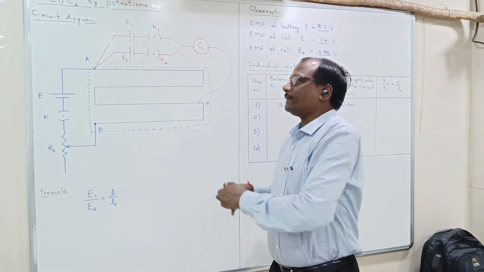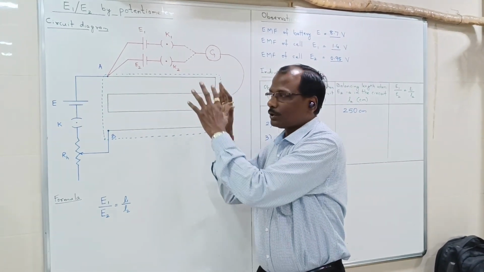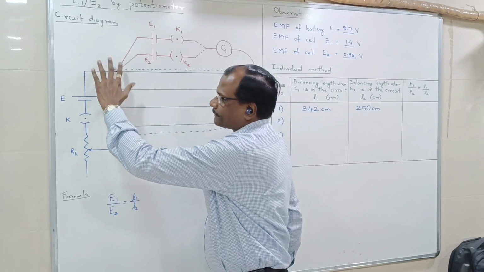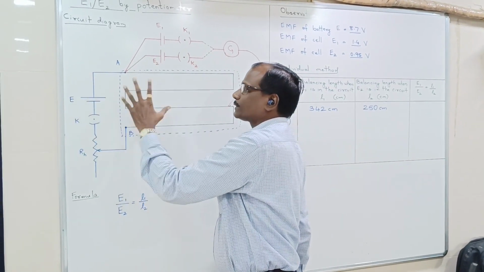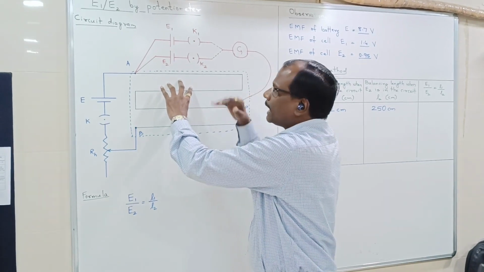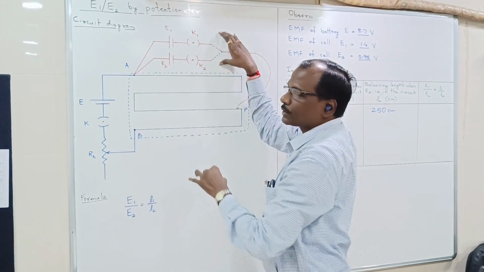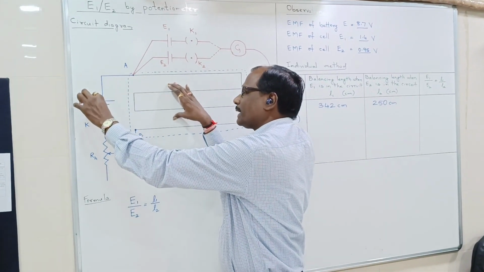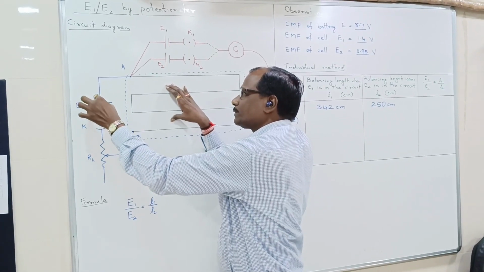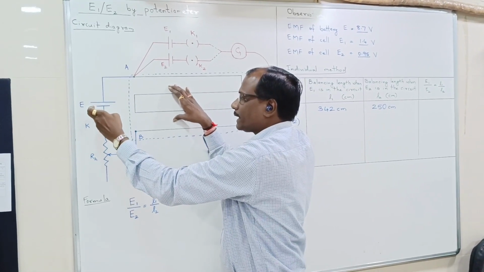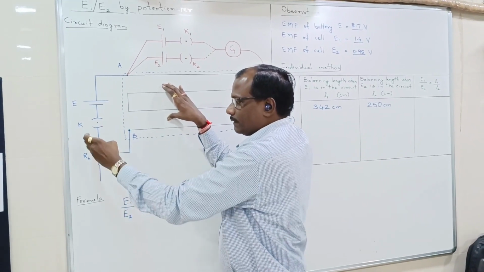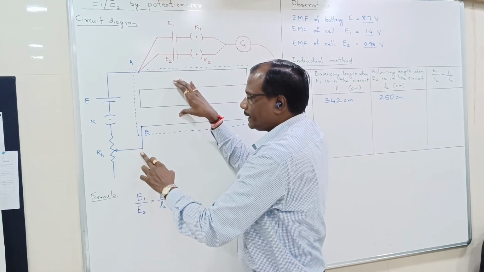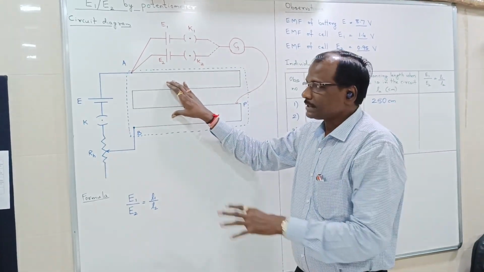Now for this experiment, for any electrical device, if you want to make it work, we have to give power to it. The left hand side part of this circuit diagram is only for the sake of providing power, and the upper part of this circuit diagram is for your comparison part. Here we connect the power supply at terminal A. The positive of this power supply is connected to terminal A, and the negative is connected to the key, then the rheostat, where the rheostat has two fixed ends and one variable end. The variable end is connected to terminal B.